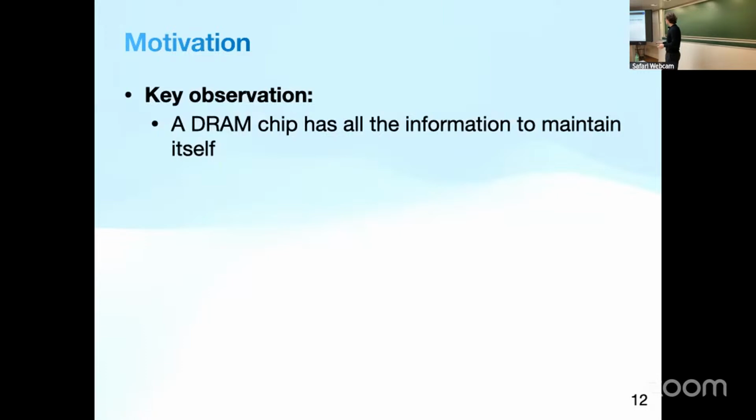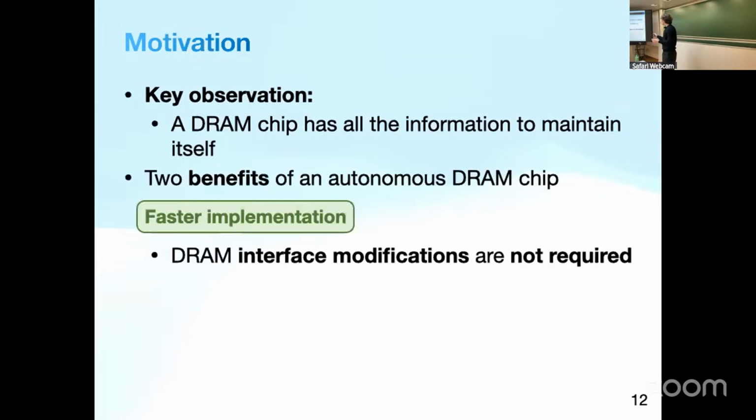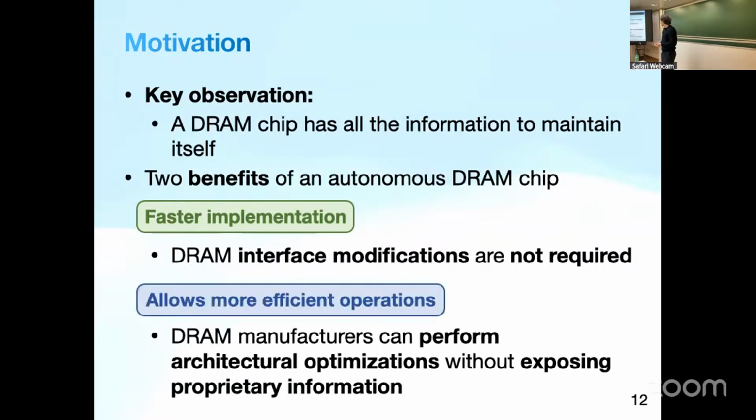Now, a key observation here is that the DRAM chip itself has all of the information it needs to maintain itself. And two benefits of an autonomous DRAM chip which maintains itself are, first of all, the possibility to implement new maintenance mechanisms faster, as the DRAM interface does not have to be changed to facilitate new additions. And it also allows for more efficient operations. It will also allow DRAM manufacturers to perform their own architectural optimizations without having to release any proprietary information about